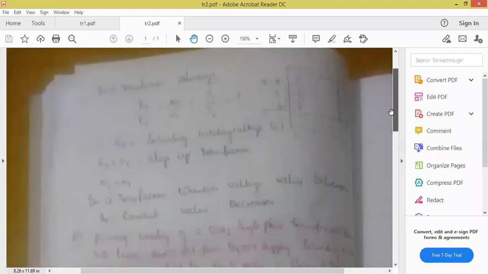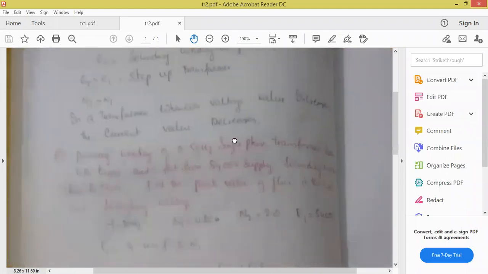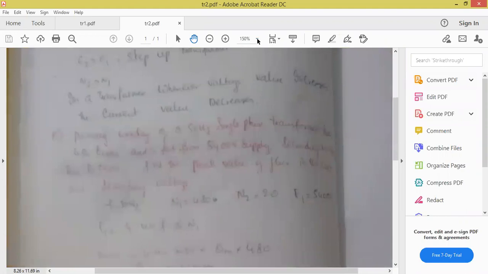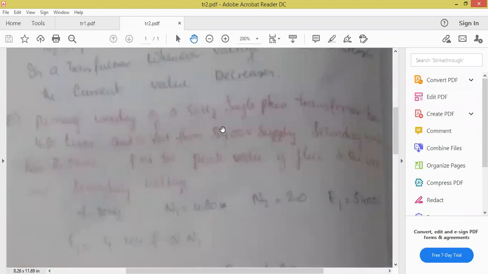That's why a transformer is called a constant power machine. Remember this equation: E2 by E1 equal to N2 by N1 equal to I1 by I2 equal to K. This is taken only for the sake of problems. Now let us solve the first problem. These problems will be simple, only formula substitution. I'll do the first one, and the second problem I'll give to you, you must solve.